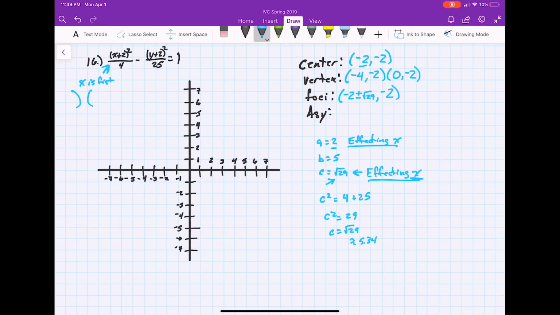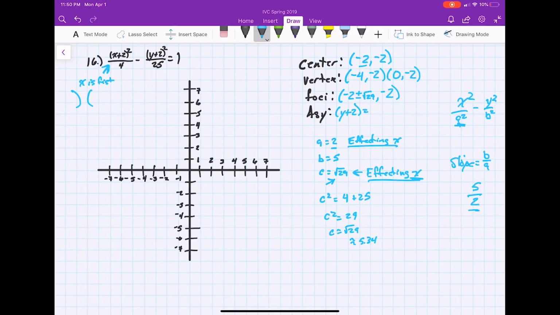Now we can look at our asymptotes, and because the X is first, it's mated with an A underneath it, so that means that we are going to have B over A for our slope. So we know what our B is. Just put this over here. Slope is going to be B over A because this A is with the X here. That's the way I remember it. I know our instructor has another way he remembers it, but